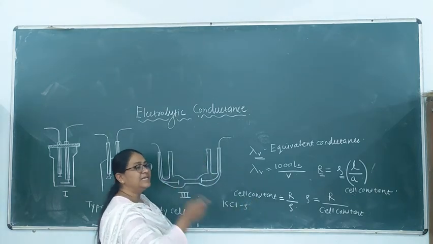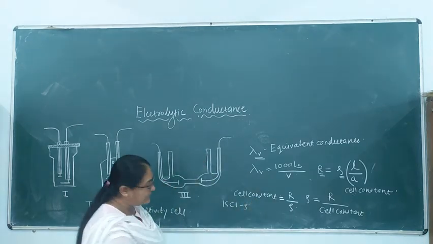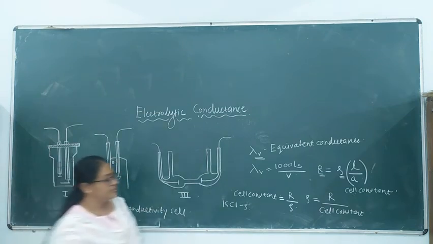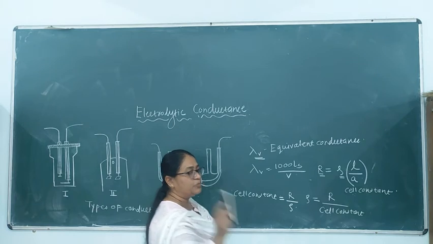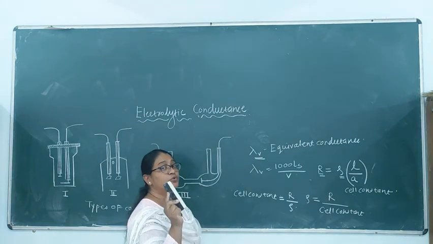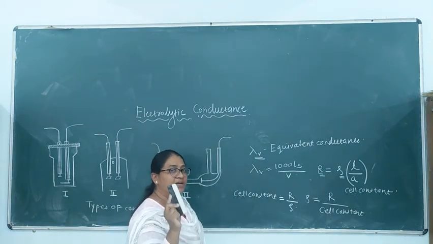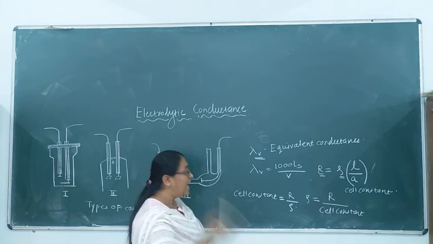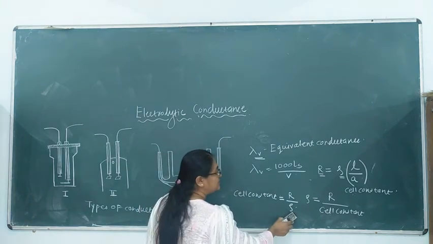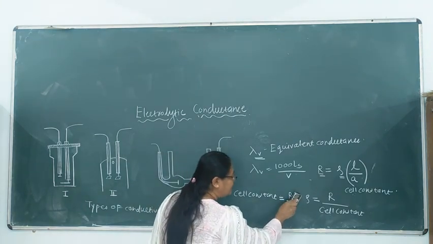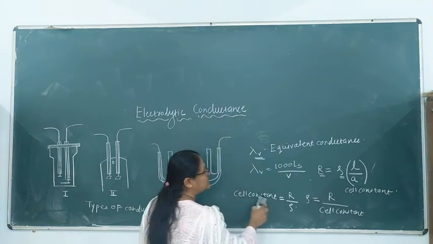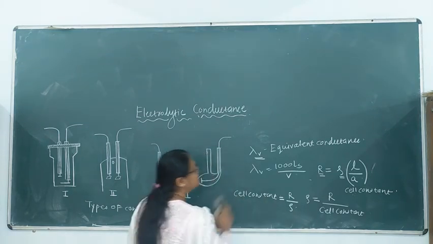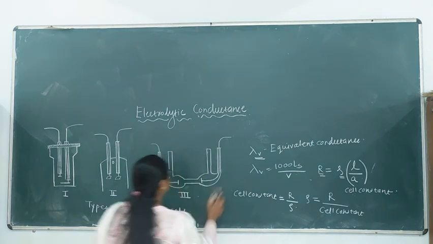So cell constant is calculated first. To calculate it, the KCl, potassium chloride solution of a definite concentration and known specific resistance is used. Therefore observed resistance divided by the specific resistance will give you the cell constant. And once the cell constant is known,